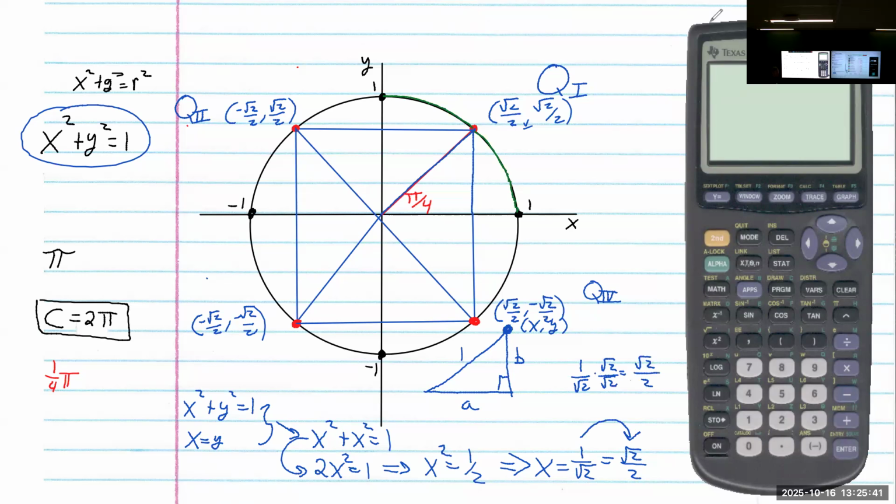Now, I personally don't care if you write 1 over root 2. I've had textbooks write that. It doesn't bother me. But some homework systems get really bothered if you have the square root at the bottom. Anyway, so we have pi over 4, pretty sure we have it. Again, I need one